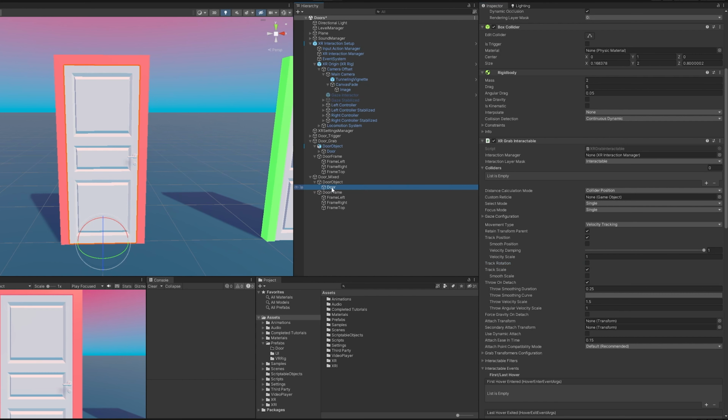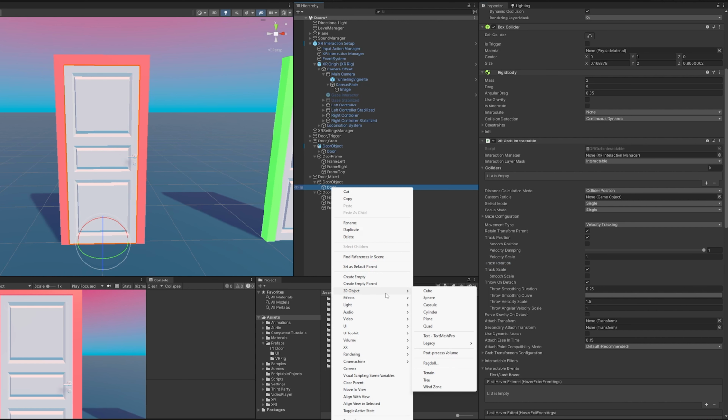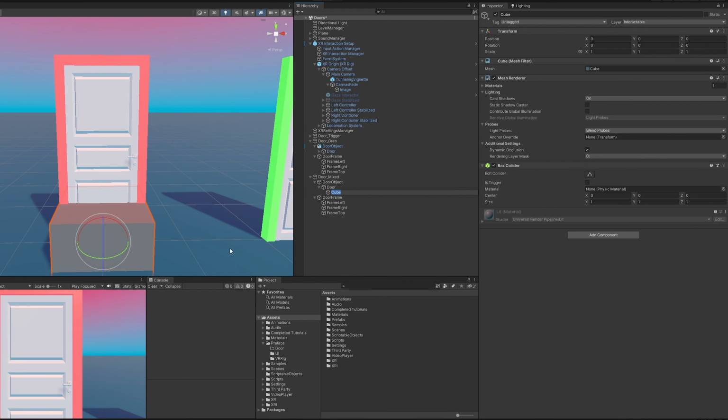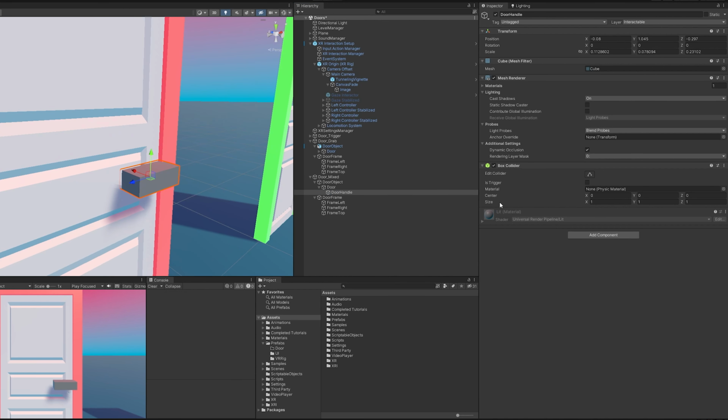So let's make a door handle. To do that, I'm just going to right click and make a new child of this. We'll make it a cube, and then I'm just going to call it door handle. And I'm going to speed through this, but I'm just going to scale it down and put it on the door handle. All right, there's our fancy little door handle, and we don't really care about the mesh, so we